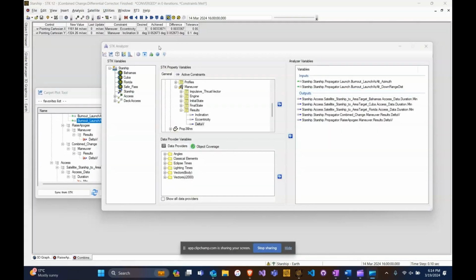I'm going to go back to my STK Analyzer window, and I'm going to check if my variable inputs and outputs are correct. First of all, I'm checking if these azimuth and downrange distance are still here. And then I'm going to add the delta V as variable outputs in order to see the change of delta V depending on my change of